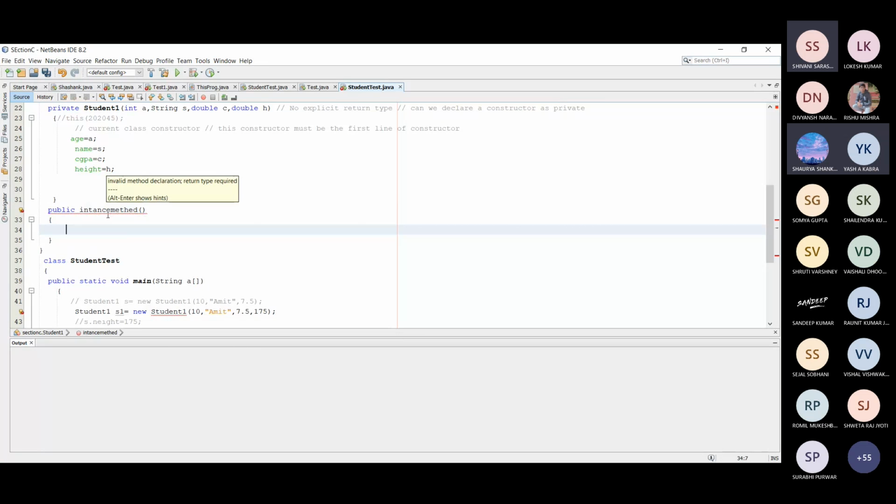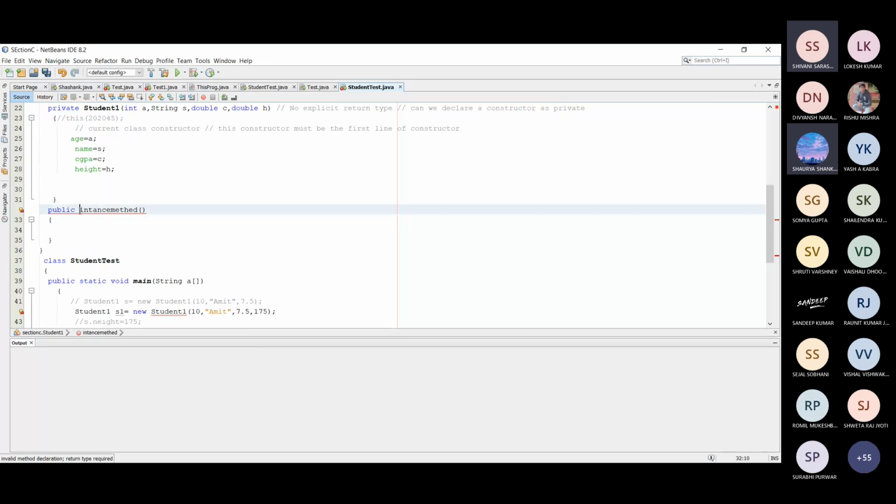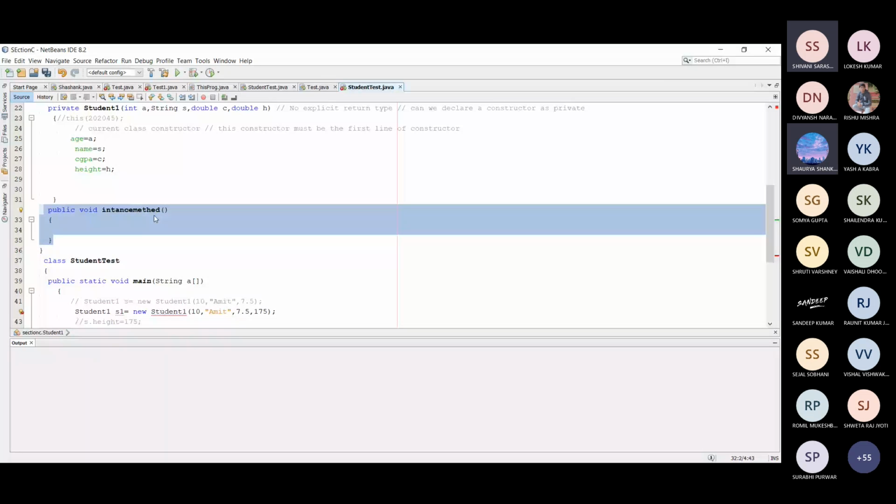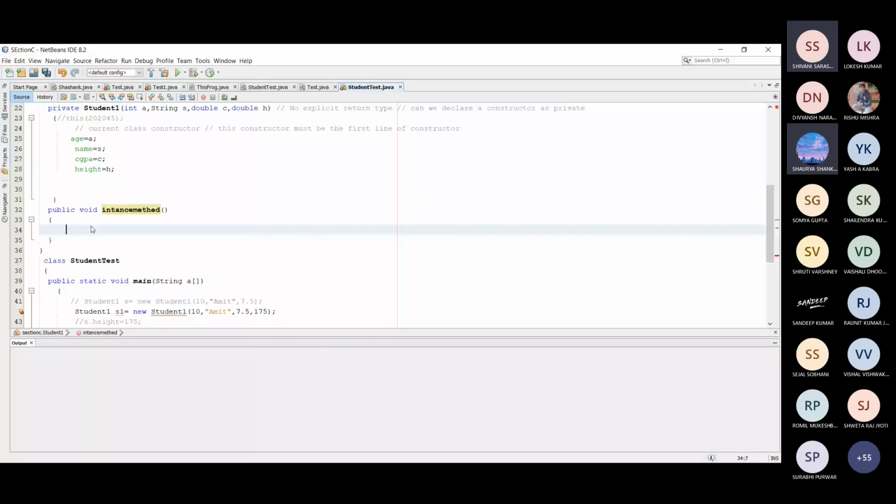Invalid method declaration, return type भी कुछ होगा, suppose void is the return type. So public void instanceMethod; you can declare any type of method, with any user-defined name, to access the constructor. Suppose this is instanceMethod, because the private constructor is called in order to create an object. So instance method means this method is used to create the instance.